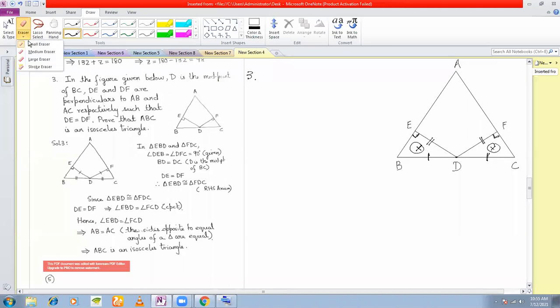Now, once we prove that these two triangles are congruent, it is possible here to prove which angles are equal. If you see, opposite to this side, you have this angle here, and opposite to this side, you have this angle here. So in these two triangles, these two angles must be equal. But this angle is nothing but angle B, and this angle is nothing but angle C of the bigger triangle. And if in any triangle two angles are equal, then the sides opposite to the equal angles must be equal. That means this side must be equal to this side. Therefore, the triangle is isosceles. Okay, so let's attempt to prove this.